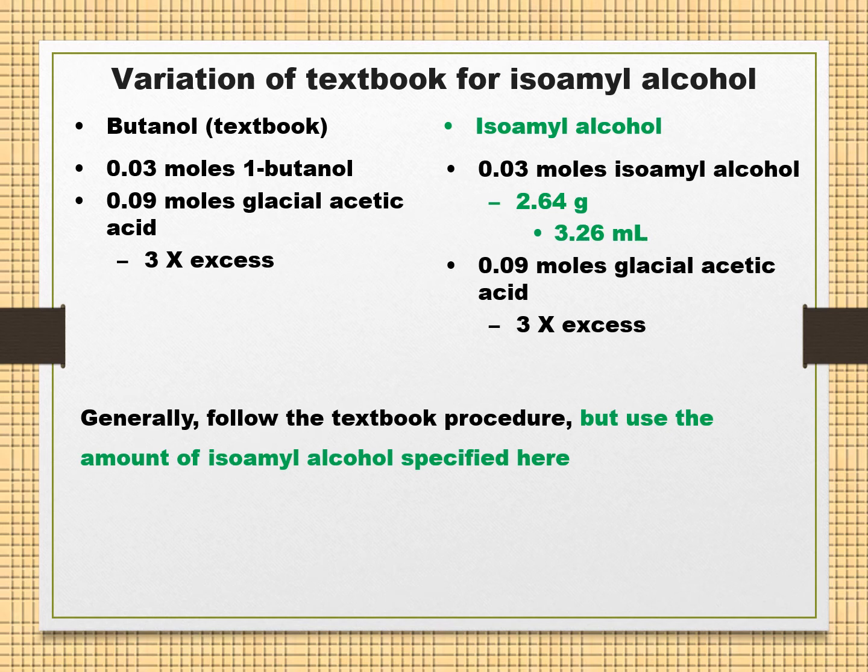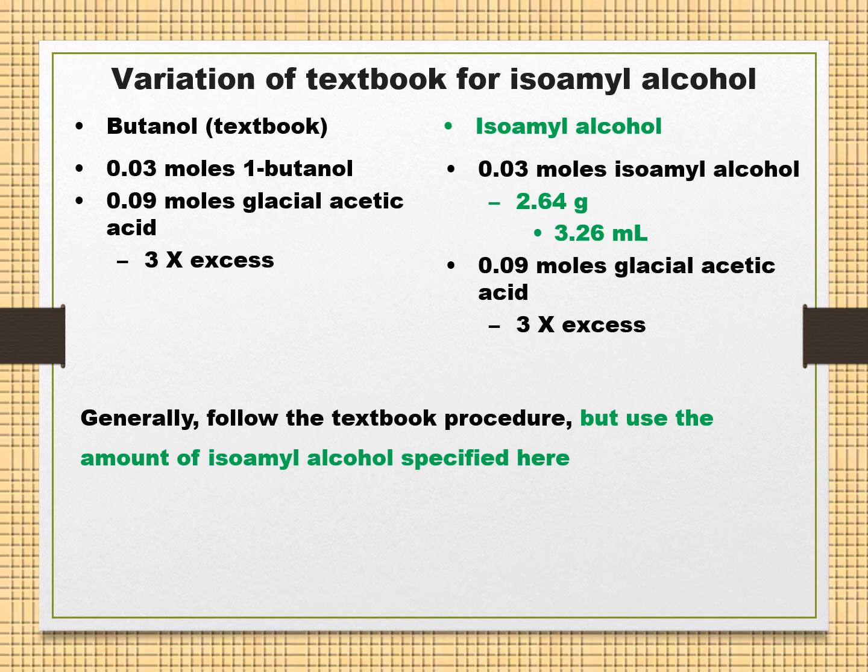So I know that you have read your textbook, and if you find a different procedure with respect to your textbook, it is for you to take the correction. So in this experiment we'll be taking isoamyl alcohol, or isopentyl alcohol,